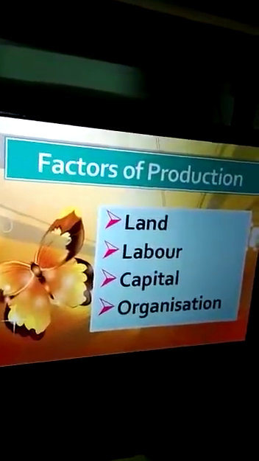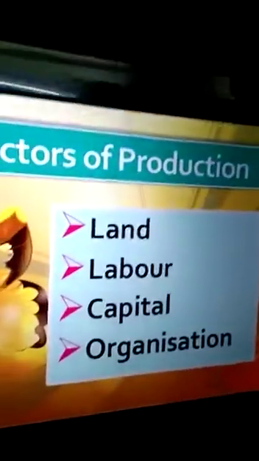Now I am going to discuss, as I told you, the factors of the production process. Economics is mainly related to production and distribution processes. So the production process I am going to discuss. For any type of production process, four important factors are required. One is land, second is labor, third is physical capital. In physical capital, some are fixed and some are working capital. I will discuss in detail afterwards. And the fourth one is human capital, which is also called organization or enterprise.